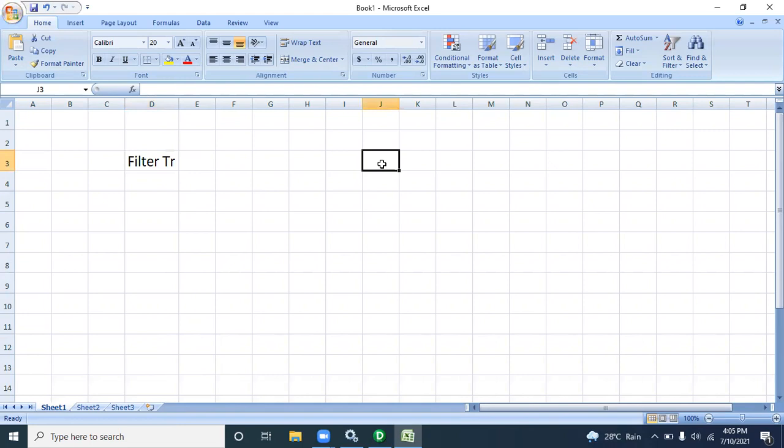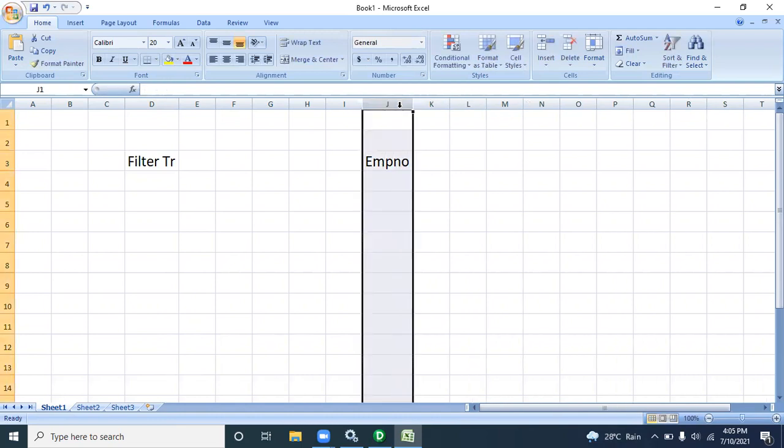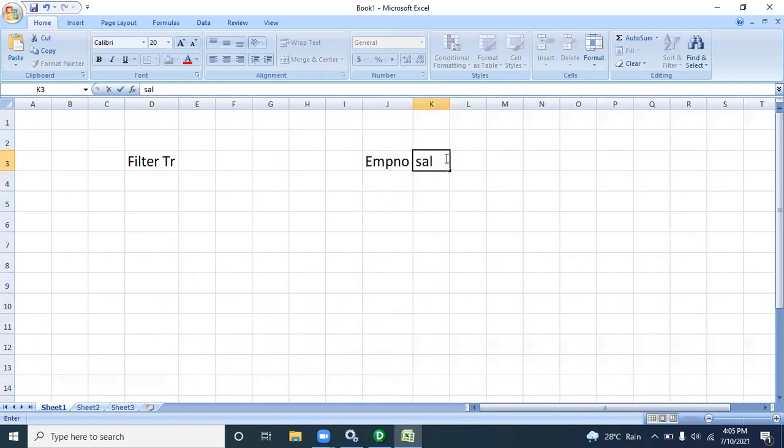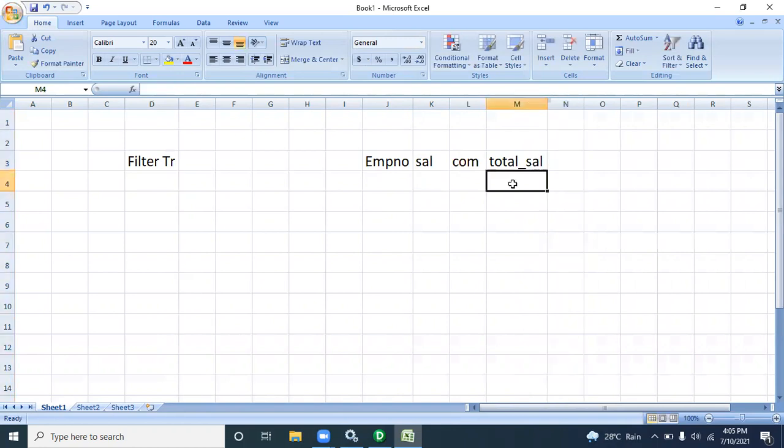Last time we discussed some scenarios, like passive transformation. What is passive transformation? Employee number and sal plus commission, right? Suppose we want to generate a new piece of data, total salary, or you can say gross salary. Total salary equals sal plus commission, because salary, commission, or maybe HRA are all embedded in the gross salary.